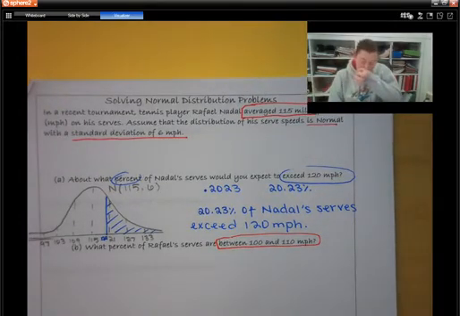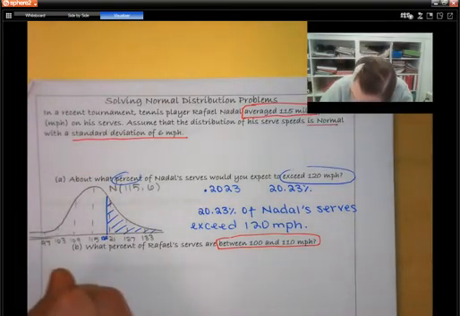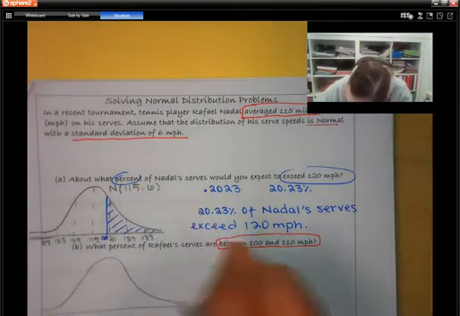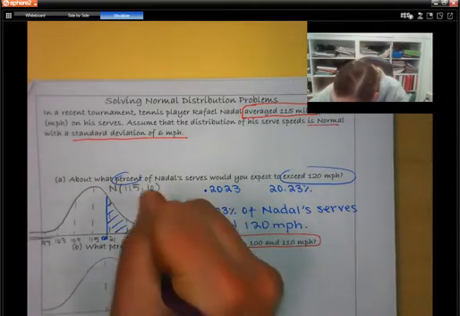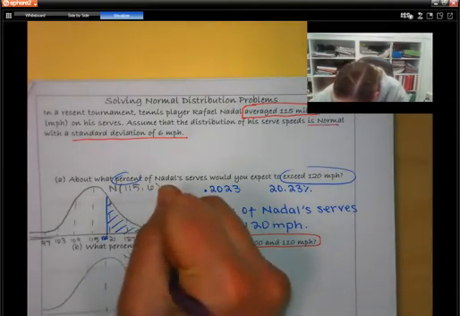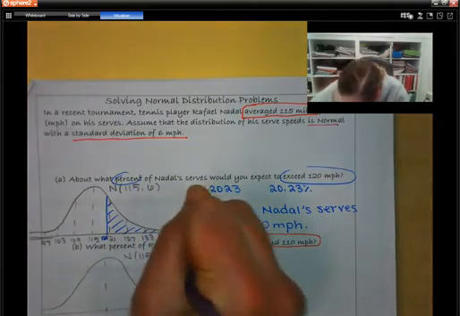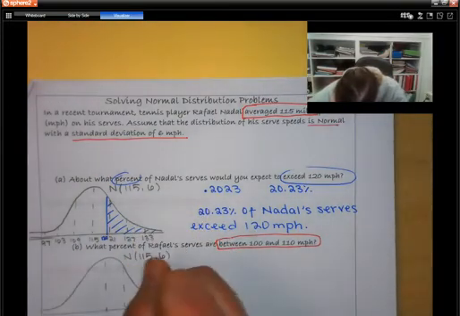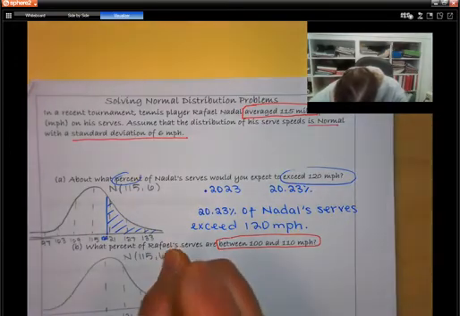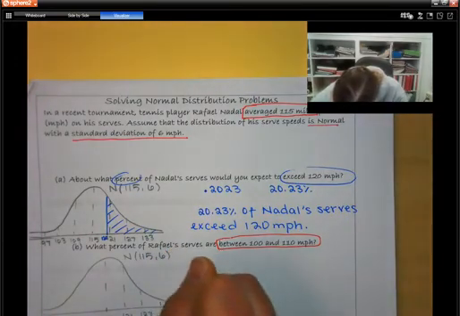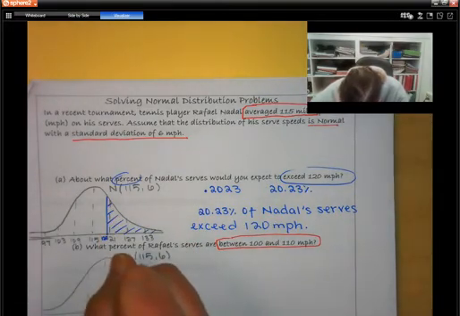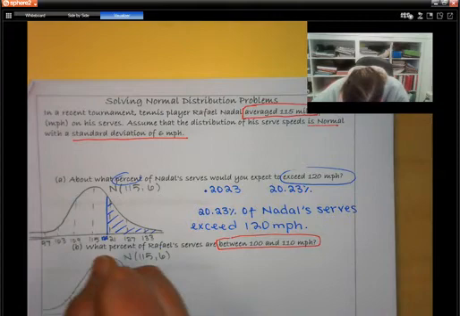Sorry, I have an itch on my nose. So I'm going to draw my normal curve. Same numbers. So it's normal, average 115, standard deviation is 6. So that would be 121, 127, 133, 109, 103,